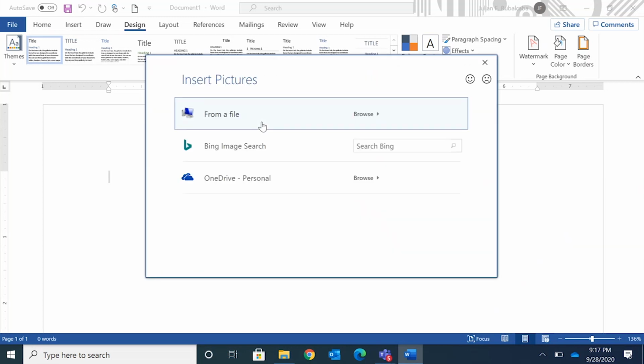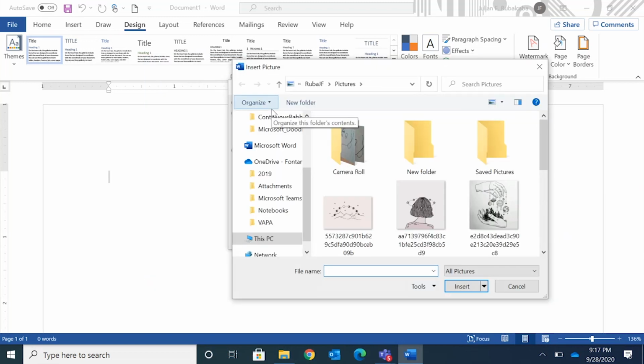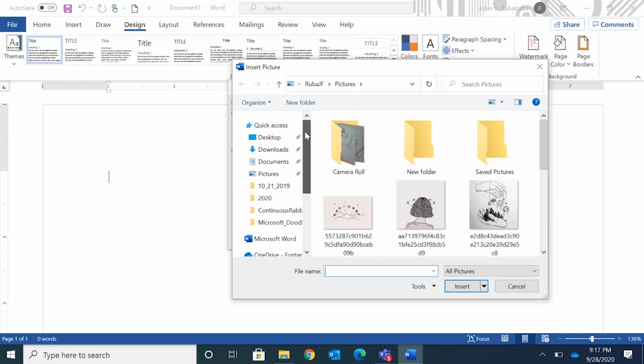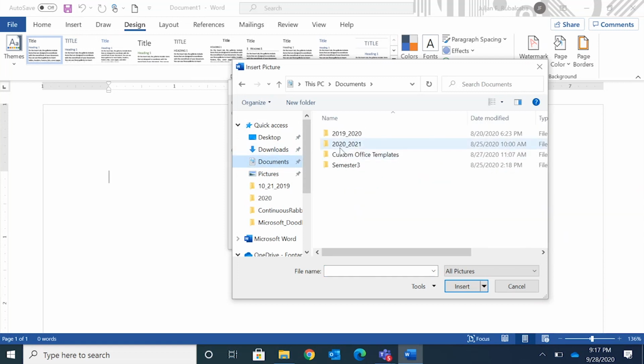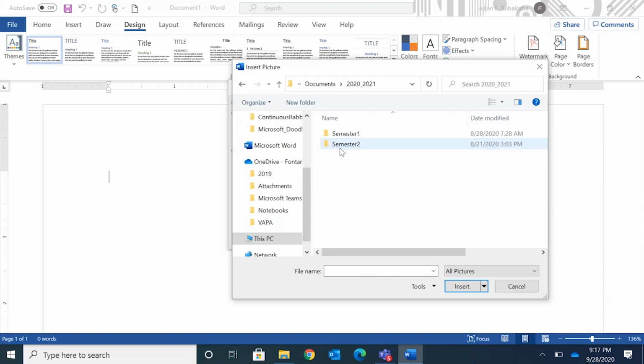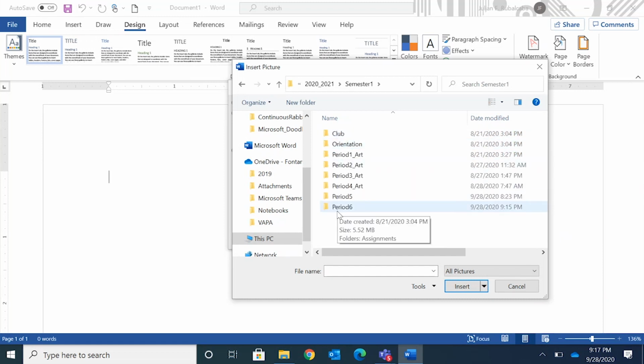You're going to have three options to locate your file. Our file's on our PC, so we need to click on this first one where it says from a file. Click on that option. And now some of these folders should look familiar, but if your folder isn't showing, it might be because the scroll bar went all the way to the bottom. So what we could do is drag that up, and you can find these quick access links here on the left hand side. Click on the documents folder, click on the academic year, click on the semester that we're in, and then lastly click on the period,